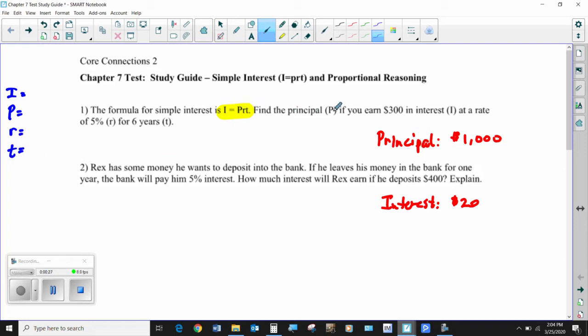So it says find the principal. Okay, so the principal is what we're going to be looking for here. If you earn $300 in interest, so it's telling us that the interest is $300, and it's a rate of 5%, which I'm going to change to a decimal number, and then for the term of 6 years. So when I set this up,